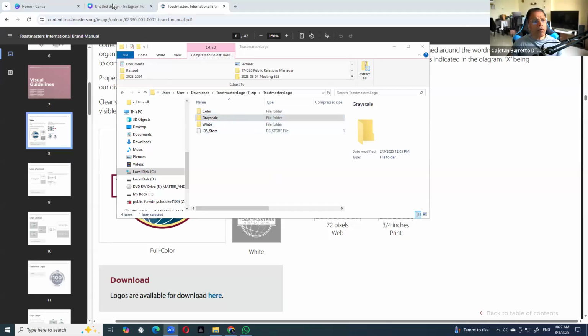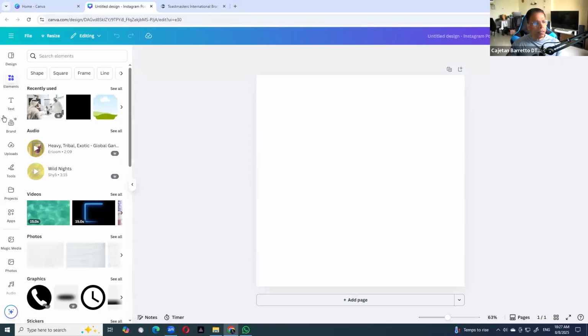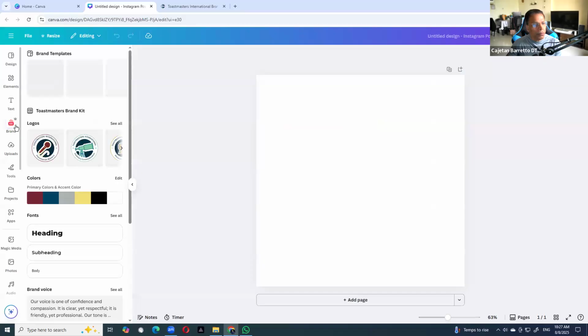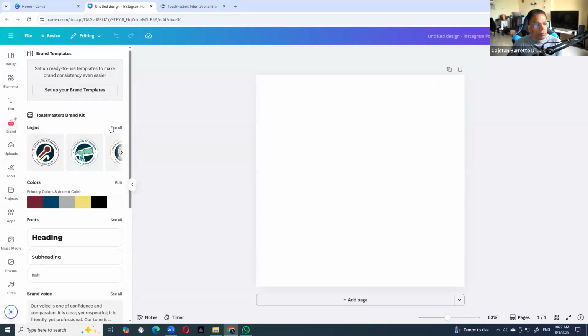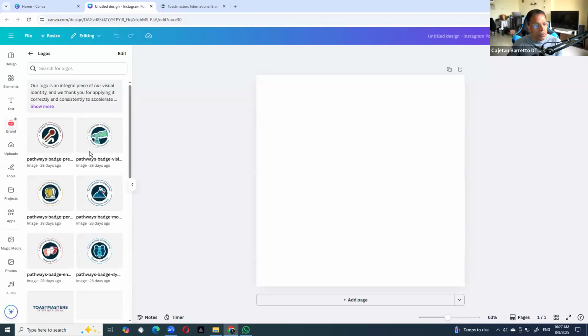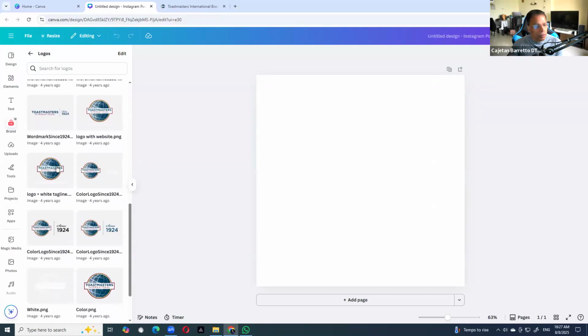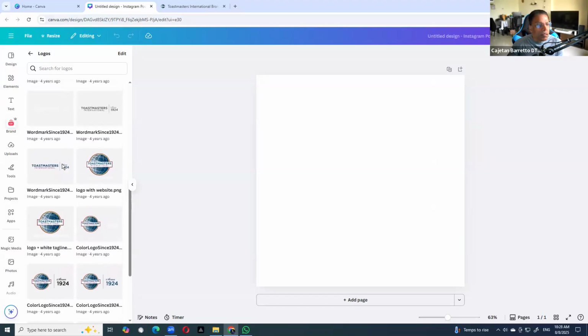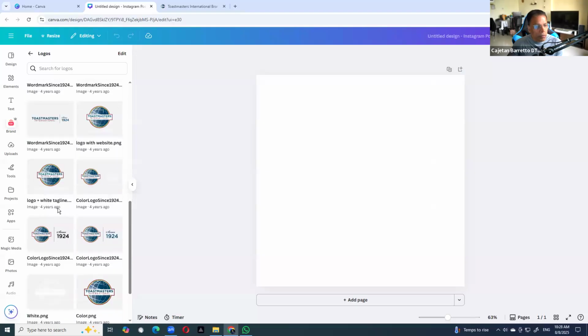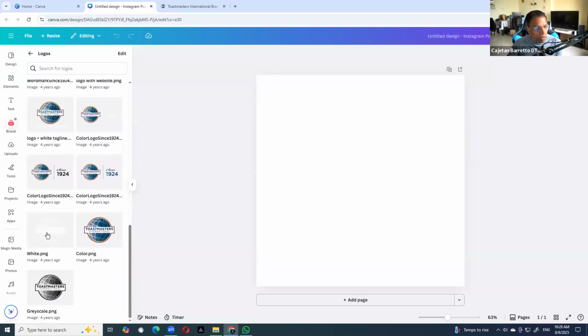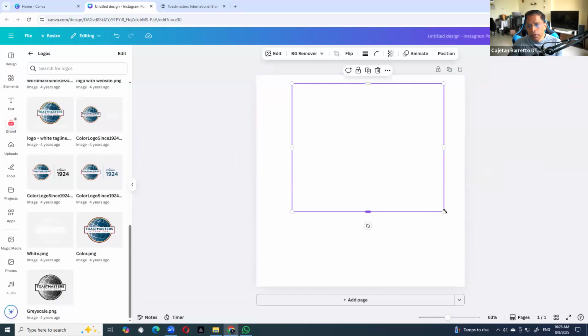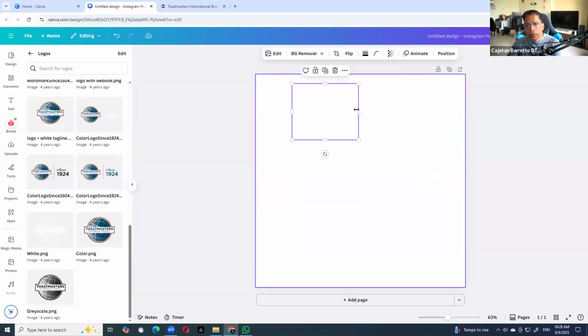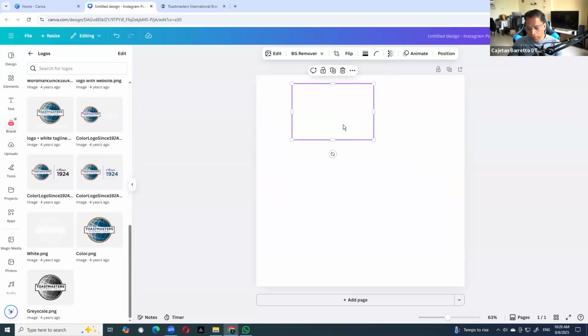So let's go back to our design. So you'll find all the logos here. In my case, I have already loaded them in my brand manual because I am using a pro account. And let's see all the logos on the left hand side. I have not maybe loaded the white logo in my brand kit, but I have here white PNG. And if I take this logo and I place it here, I know there is a logo here, but you can't see anything, right? It's not visible to you.